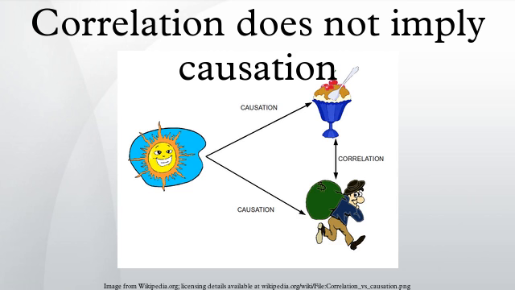Example 5, since the 1950s, both the atmospheric CO2 level and obesity levels have increased sharply. Hence, atmospheric CO2 causes obesity. Richer populations tend to eat more food and consume more energy.